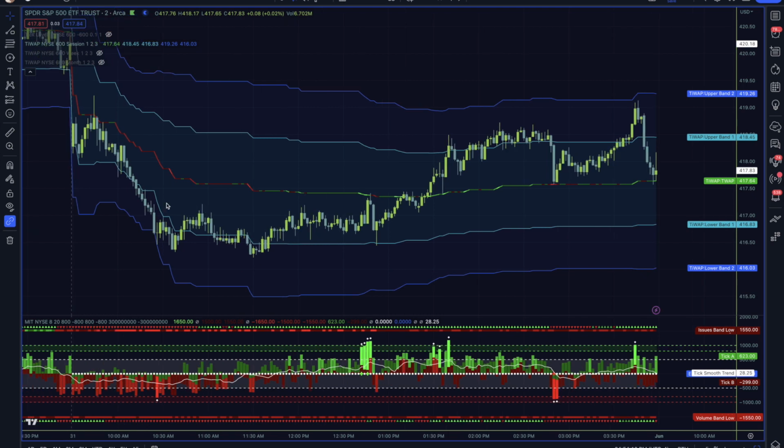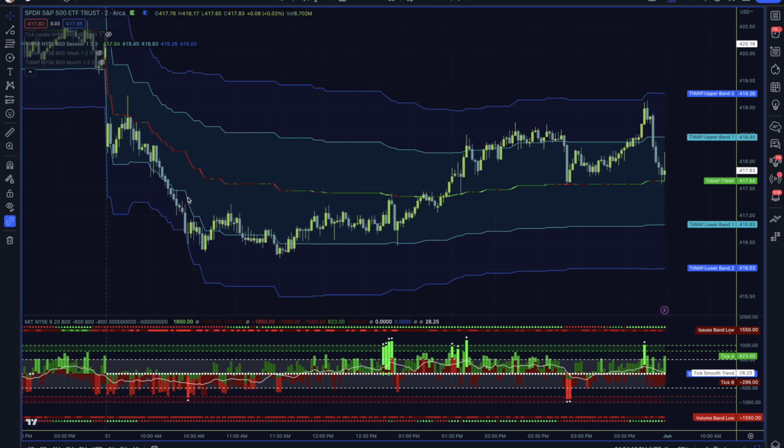Today definitely provided some more opportunities than what we've had on this short week thus far from Tuesday. We started with a gap down and right away trend gave us the imbalance signal, meaning that the likelihood of a trending move is much higher. We see that we have a gap down with a bar closing up, and it consolidates here for just a short moment, and then we end up rejecting the session TWAP, breaking the lower standard deviation first band here, and